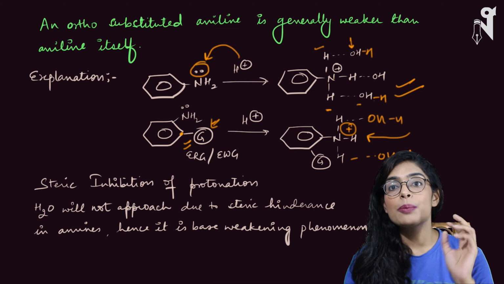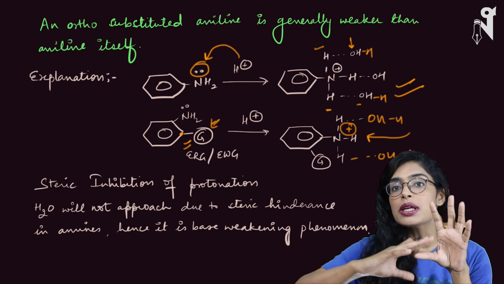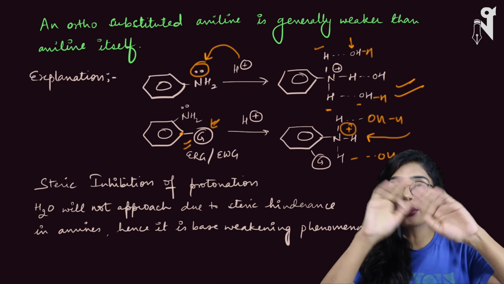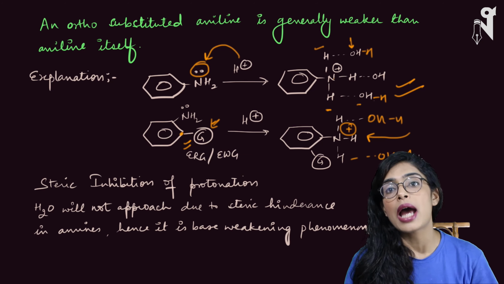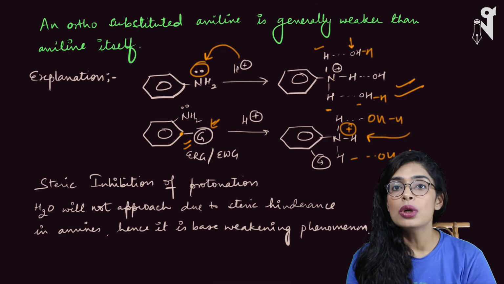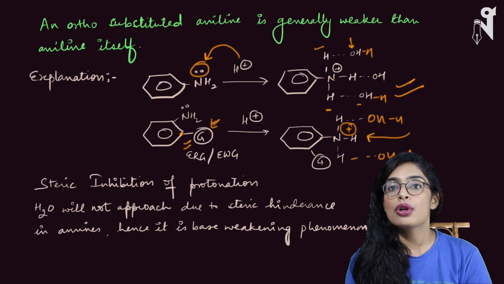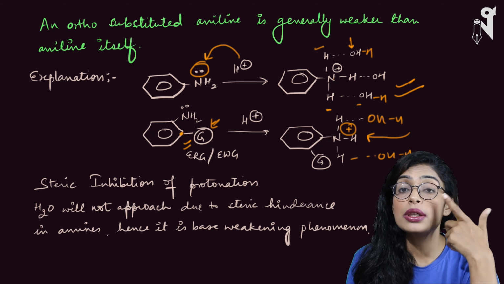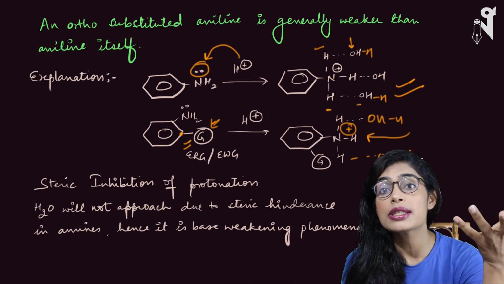That is what we call protonation. Nitrogen attracting H plus of water towards itself and forming the bond is called protonation. And due to the steric hindrance, when that protonation doesn't happen or happens very, very slowly, we call this process steric inhibition of resonance. Though nitrogen has the pair of electrons, if it is an electron releasing group, then it will have more electron density around nitrogen.